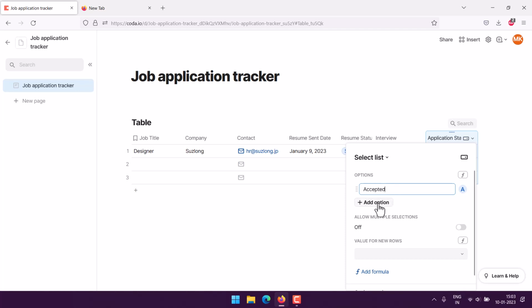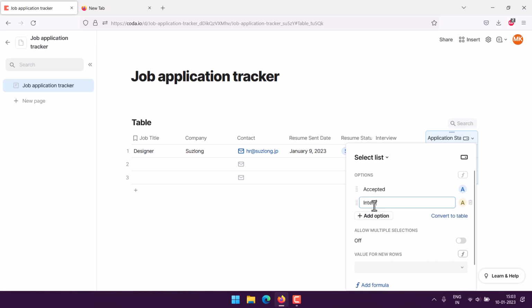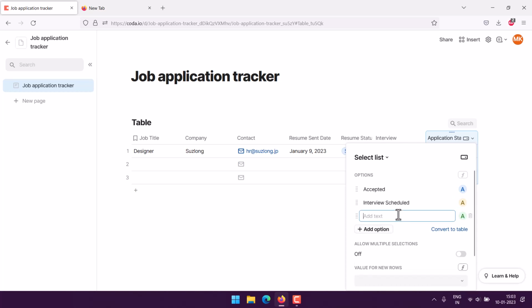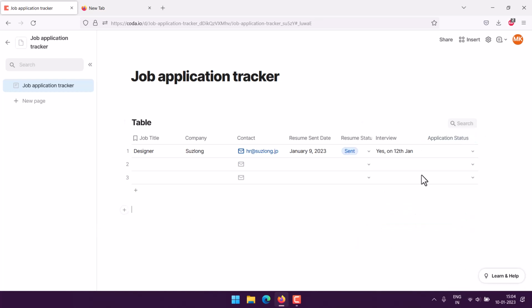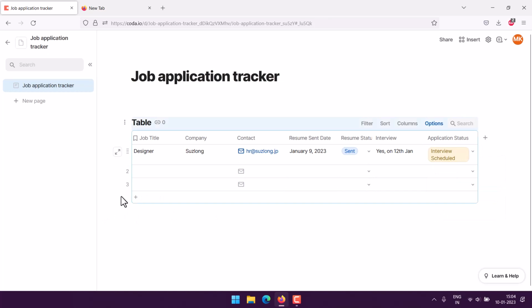accepted, then interview scheduled and ignored by HR and systems, right? And other, right? So these are some of the statuses that we can choose as well. So we will finally add that status, so it's accepted, and you can also add interview scheduled, so you have